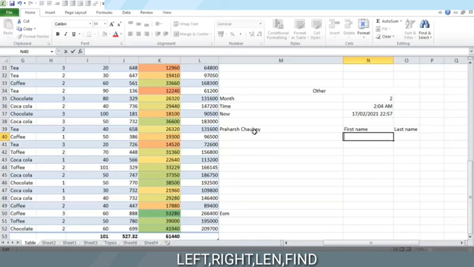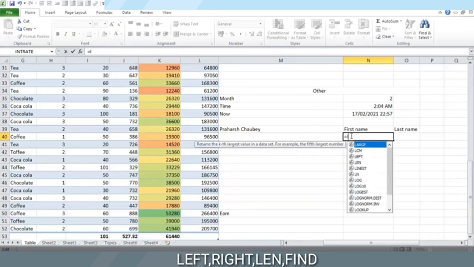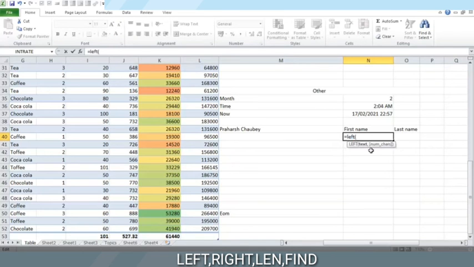We can define a general case again using the left and right. But we'll need something more than just this. Let us see. The text of the name, whatever it is, will be in this. Now from the left, we will count not 8 times or any other number. We will count up to this position of the blank, because that is where the first name will end. And one less than the position of this blank will be the length that I want to take out from the left. So the position of this will be found by the find function.